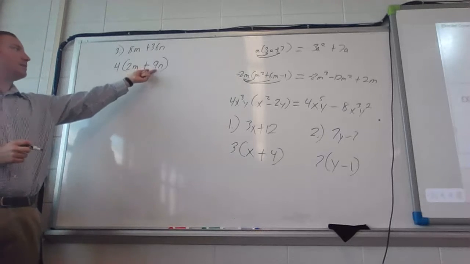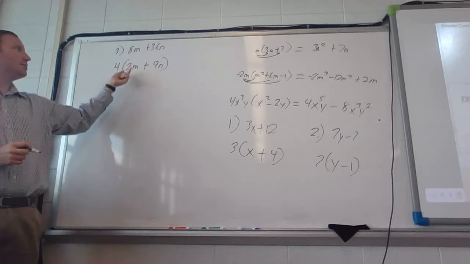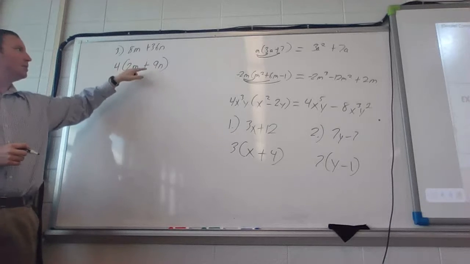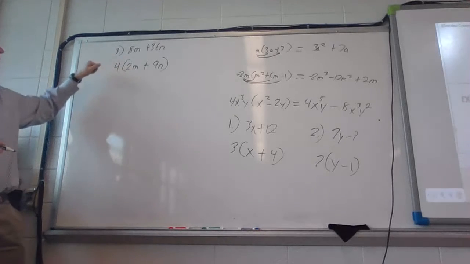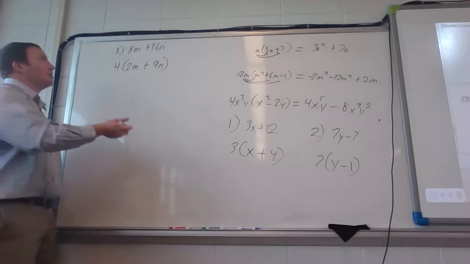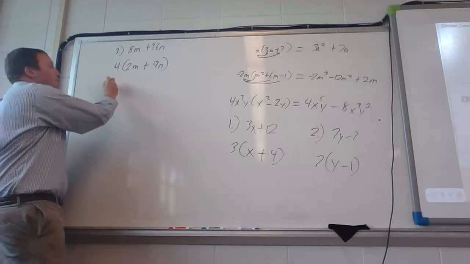And again, you can always check. Do these two numbers have anything in common that you can divide by 2 and 9? No. So we know we did take out that greatest common factor. Okay. If for some reason we took out 2, we didn't recognize that 4 was the greatest common factor, we